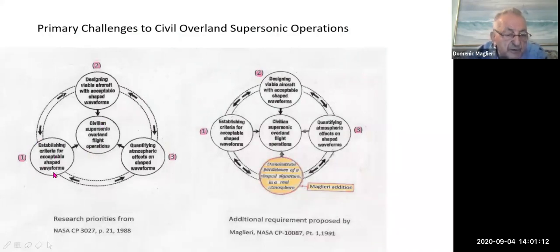Establishing what the criteria is for an acceptable waveform, seeing if you can design a viable vehicle with that waveform, and having a waveform that's going to be less influenced by the atmosphere. These are great, but I contended that they needed another one, and that is to demonstrate the persistence of a shape signature to the ground in the real atmosphere. Well, it's a hard sell because